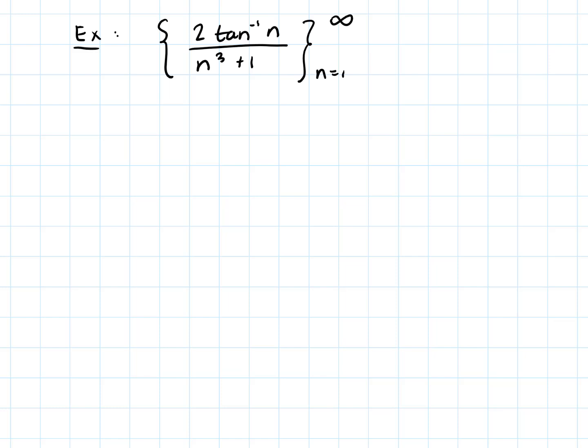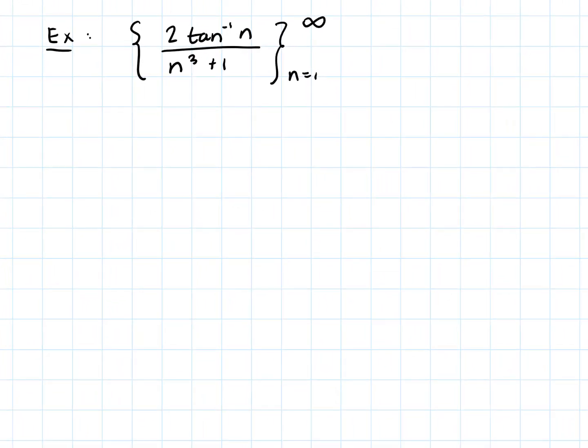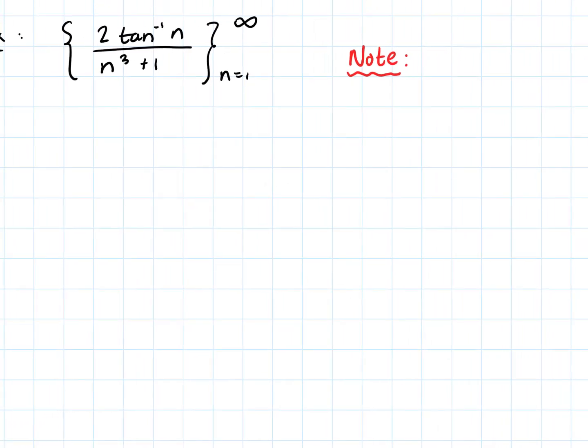And the reason I grabbed this inverse tan, we could just as easily have put a sine or a cosine here as well, because all three actually, let's make a note, whenever we're using comparisons or using a squeeze theorem and we end up seeing an inverse tan or a sine or a cosine, note that these are all bounded. So let's make a note, some bounded functions that come up and can be utilized